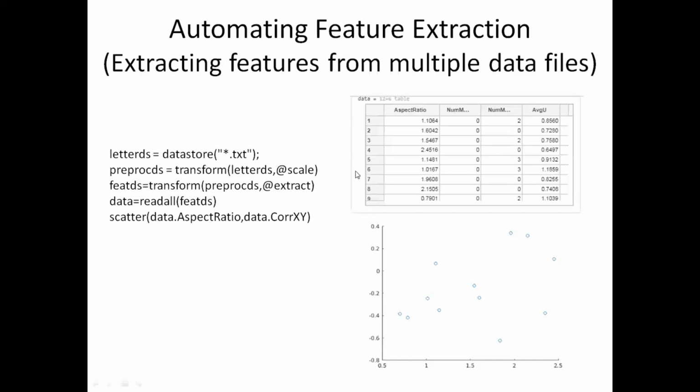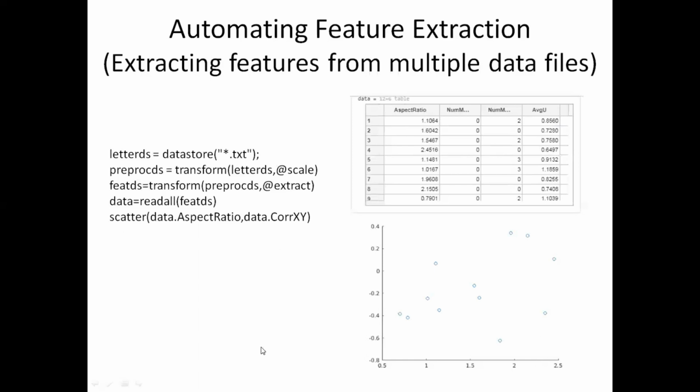You can see that this is the table data. This is a 12 cross 6 table. This corresponds to the 12 files that we have loaded. So we have got 12 rows, and each row corresponds to one file. There are 6 features that we have extracted for each data. Those 6 features you can see here. It is not fully visible here, but this is a 12 cross 6 table. Next, I make a scatter plot.